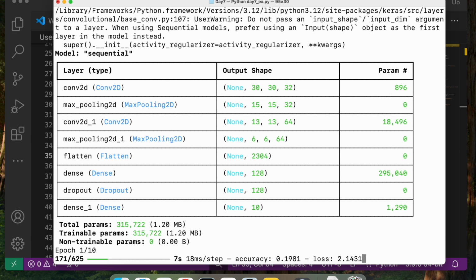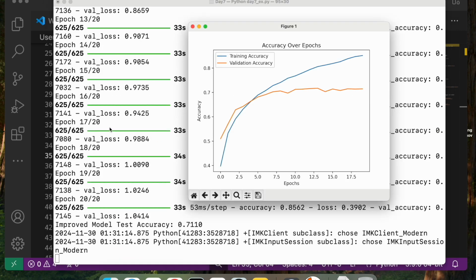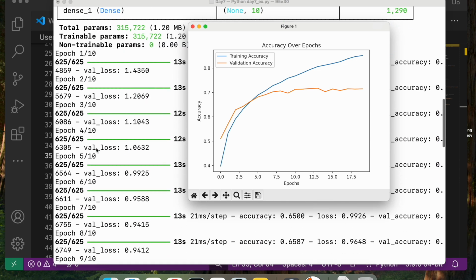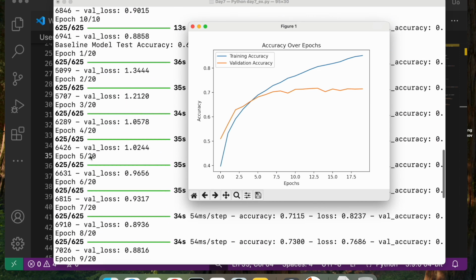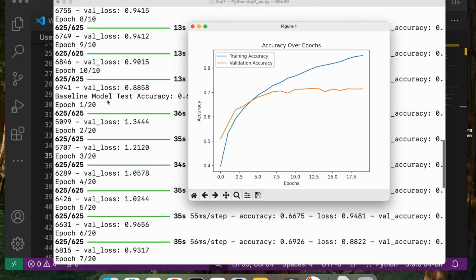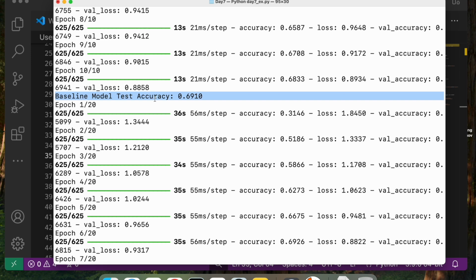Now it's running for my 10 epochs, so I'm going to pause it here and then come back and show you the results. So it took some time, but as you can see here, it went through my first 10 iterations for my model initially, and right over here, it gave me the baseline model test accuracy of 0.6910.